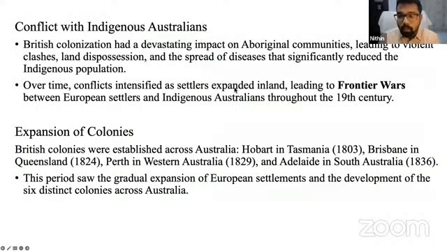And as soon as they landed in what we call Australia, the conflict with the indigenous people started. It's very important to talk about the indigenous people, who are called Aboriginal Australians, First Nation Australians, or Aboriginal and Torres Strait Islanders. These terms are very important because the term that was used to refer to Aboriginals was Aborigine, which is now a bit of a derogatory term, which we should try to avoid.